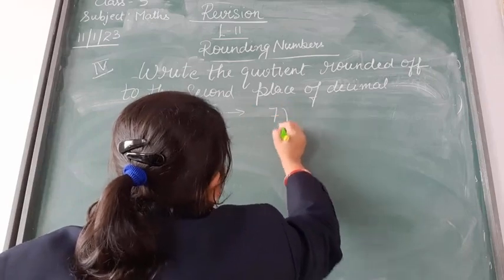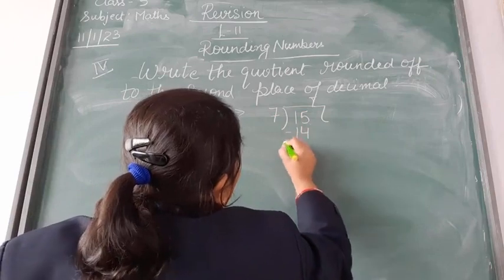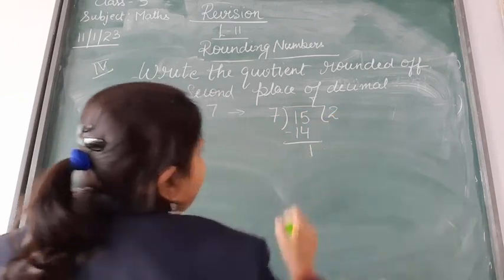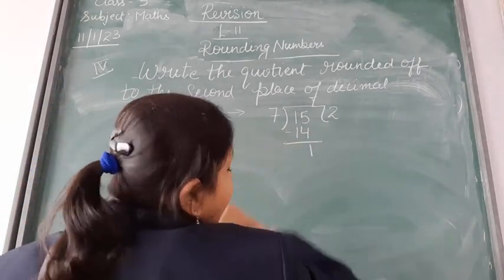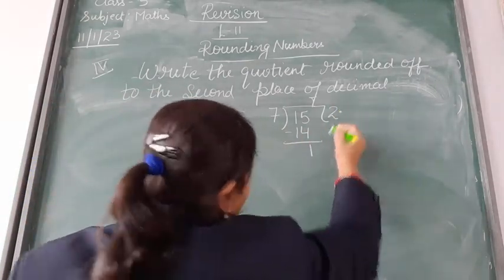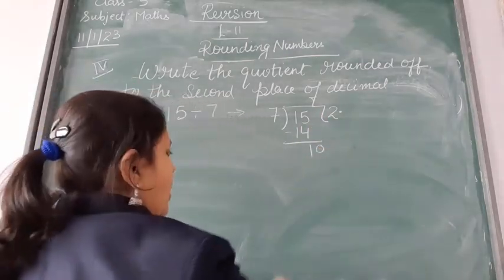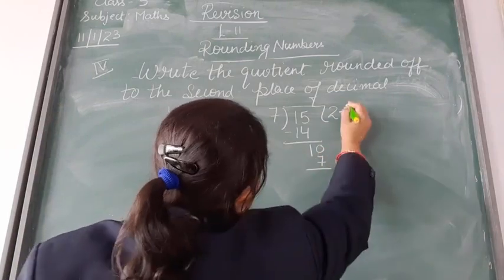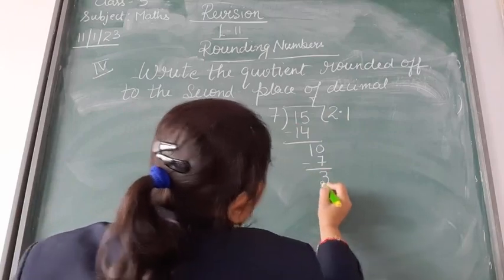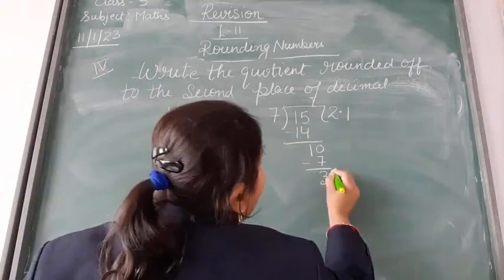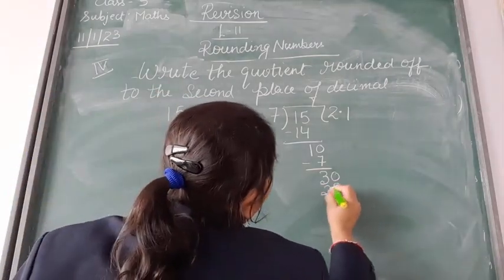So I am dividing 15 by 7, right? So 7 2s are 14, and I'll get the remainder 1. Now since 1 is less than 7, so what we will do? We will put a decimal point right in the quotient, and we will add 1 0. Now again we will divide 10 by 7, and we get the quotient 1, right? And now what is our remainder? Our remainder is 3. Again we are going to add 1 0, right, at this step, and now our quotient will be